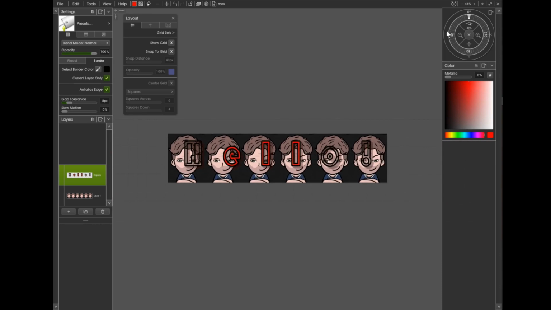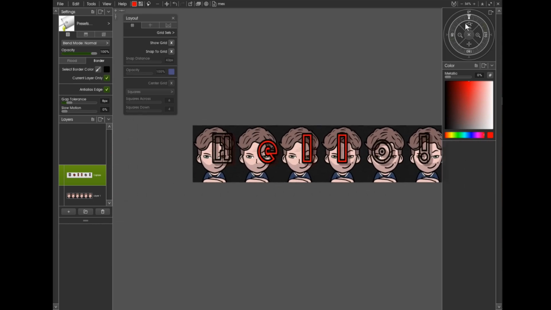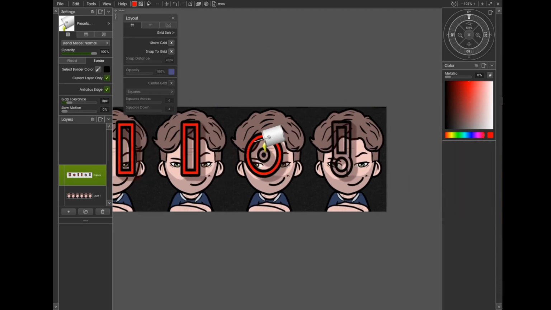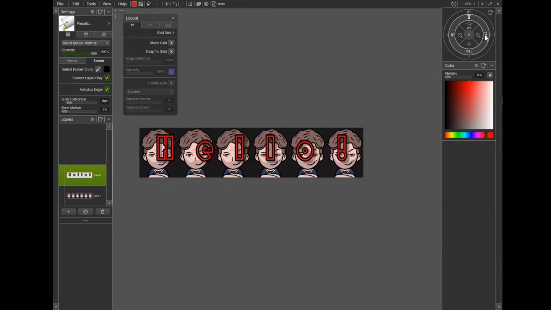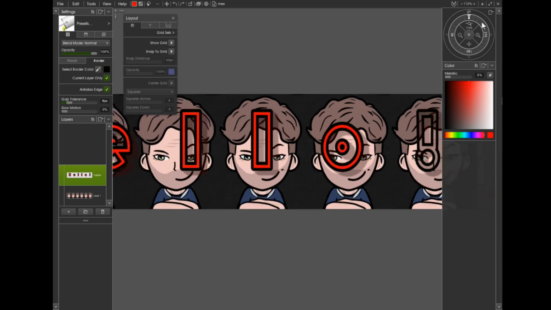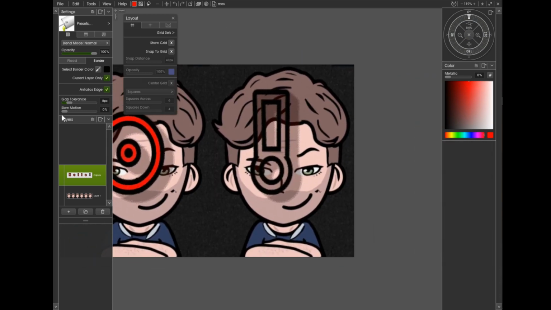And now it will just be a case of doing all the other letters, but I can see that's kind of looking all right. The red comes out very nicely, and also the shadow of each letter is giving the illusion of depth. So I've just filled in the exclamation mark, but I want to play around here a bit, I think. I know that the latest version of ArtRage had this